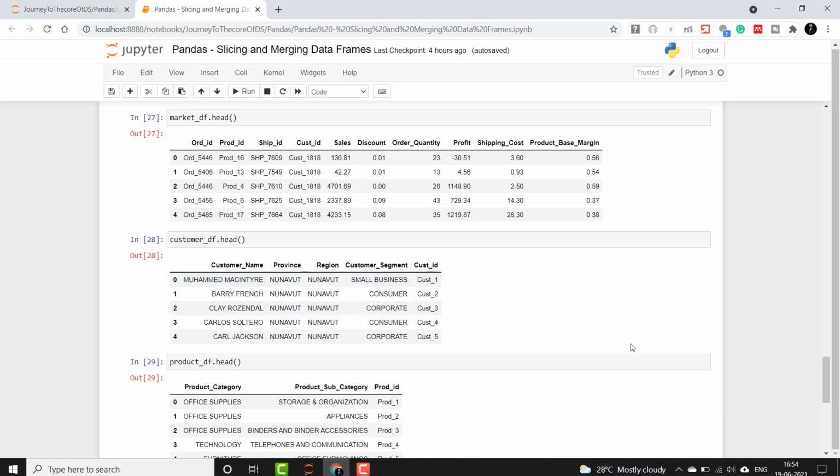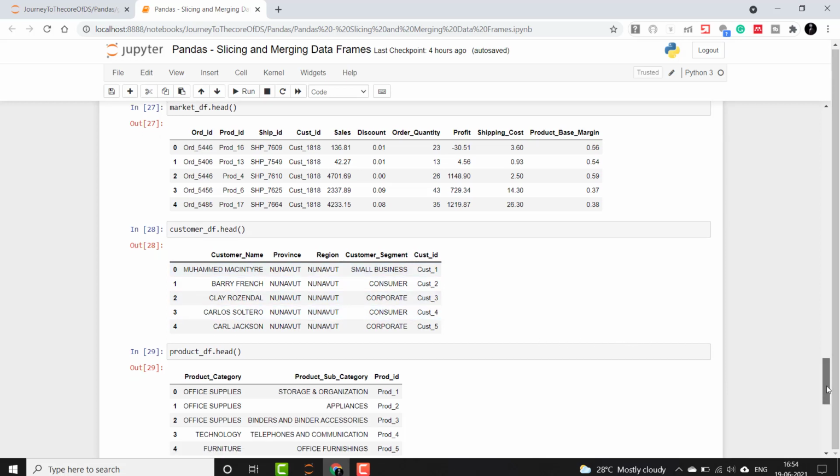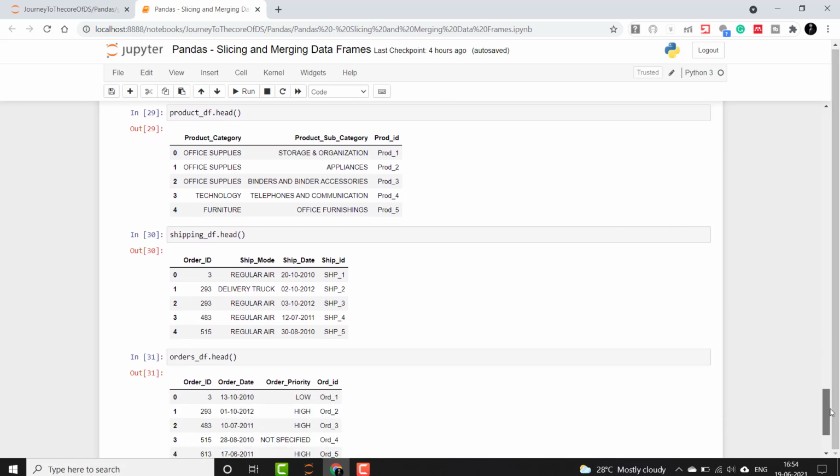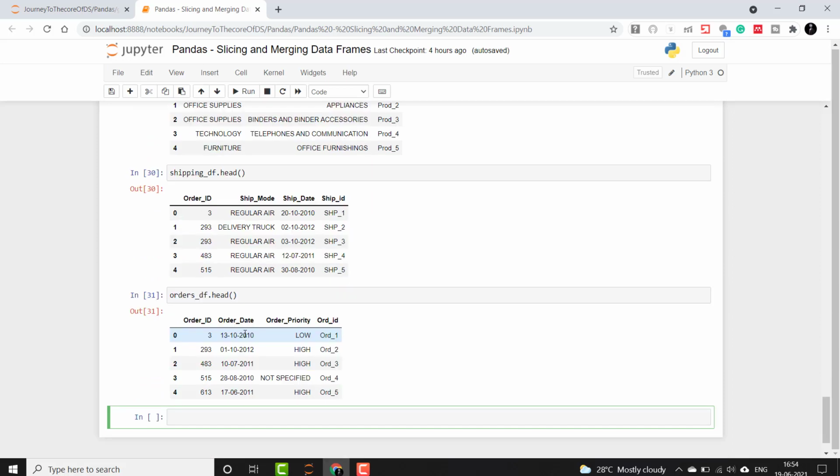Then there is the product data frame, which has the metadata about the product, its subcategory and product ID. Then there is the shipping DF, which has shipping mode, ship details, ship ID and order ID. It is the same representation just like SQL. And then there is the order data frame, which has metadata about the orders like order date and order priority.